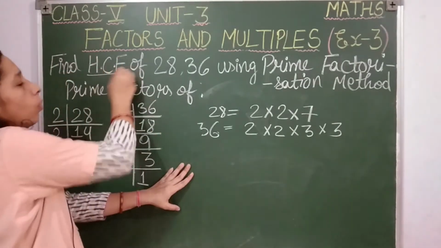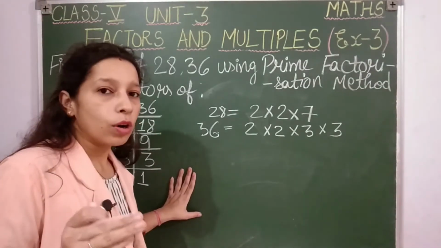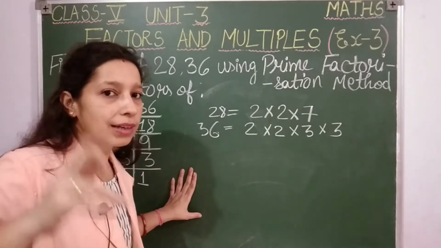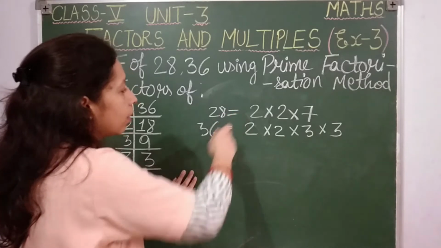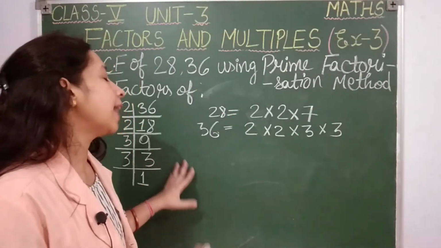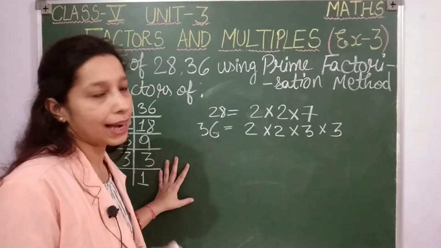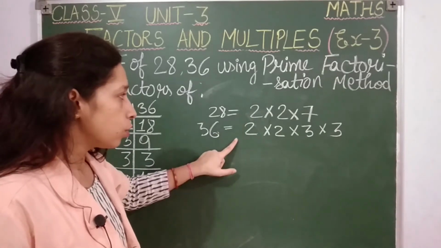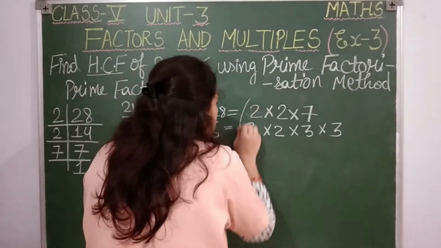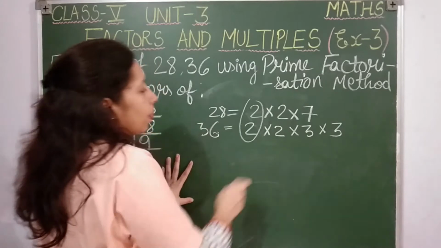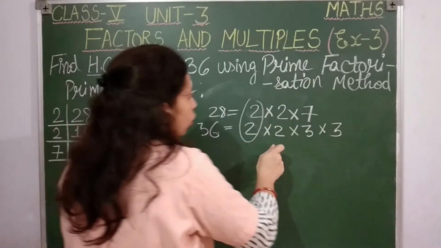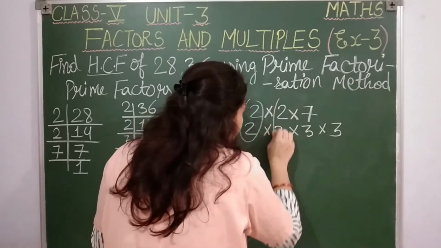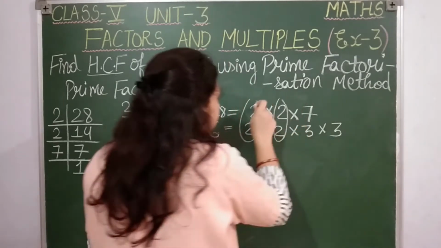Now what we are going to find out? We are going to find out HCF. I told you before finding the highest factor, first find out common factor. So what are the common factors that are dividing 28 and 36 exactly? 2. Here also 2. So you are going to circle this like this. Okay. Then here again you can see 1, 2. For 36 also there is another prime factor 2. So again circle this.